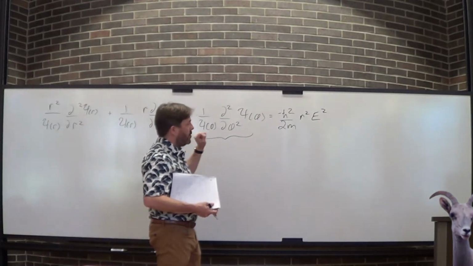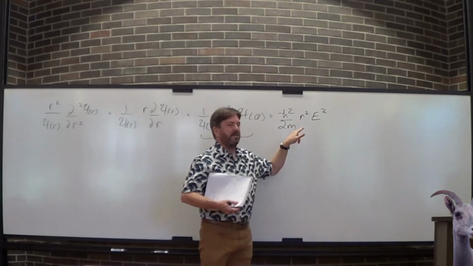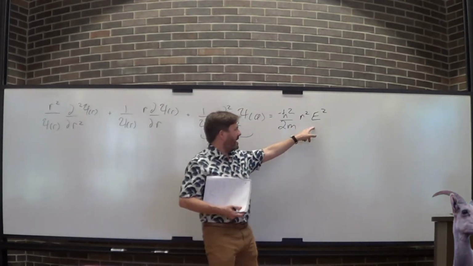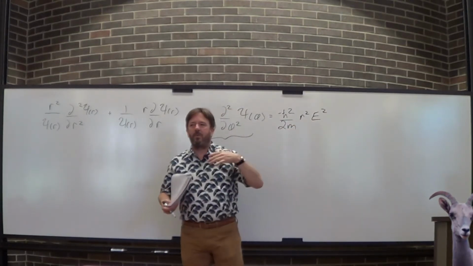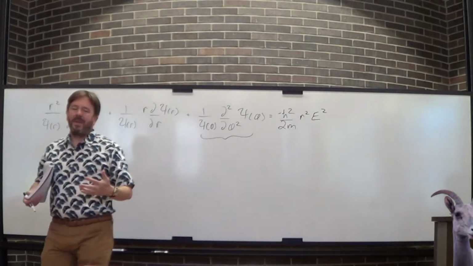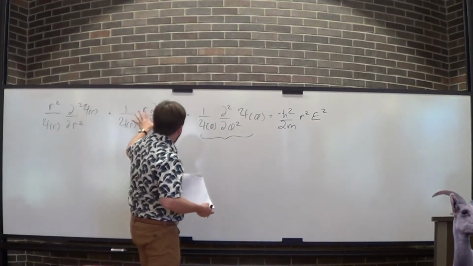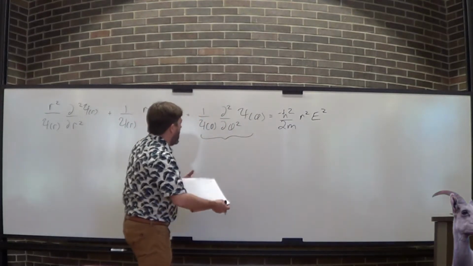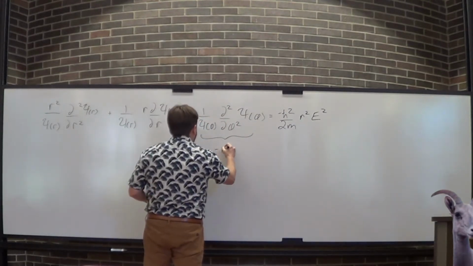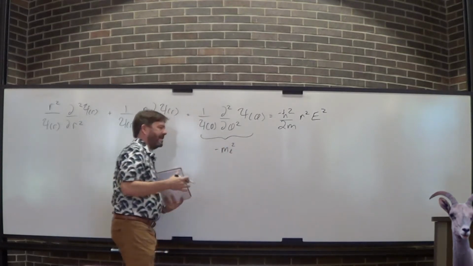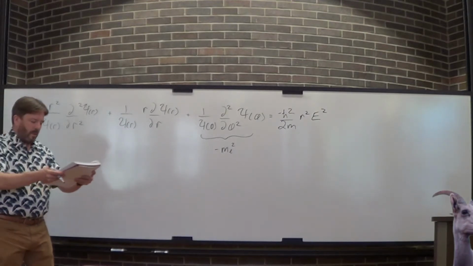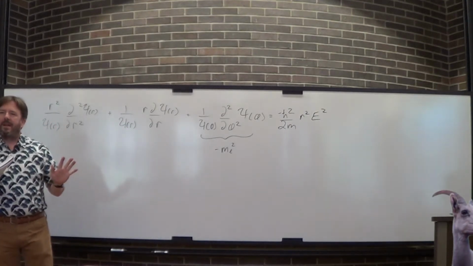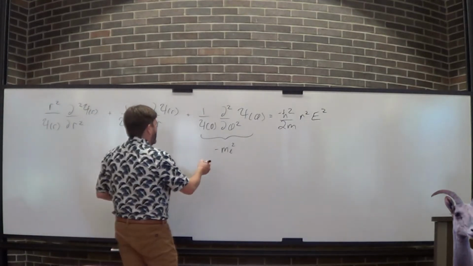The reason you cannot do that here is because the energy belongs to the radial part, right? So here's the energy. It's part of the R, little miniature Schrödinger equation. And so I'm only going to solve for the energy when I'm looking at the radial part. So that means that all of these terms are adding up to a constant. So what you do here is let's just make this guy a constant. Let's just call it minus, I think it's minus m sub l squared. We're just going to call it that. Now, the reason is that when you solve this damn thing,